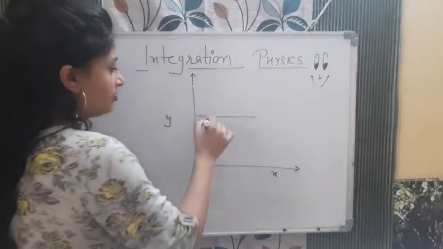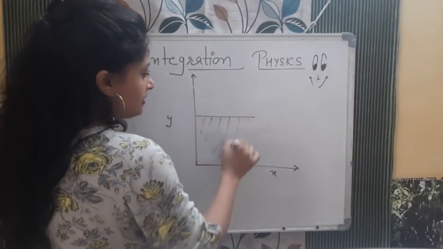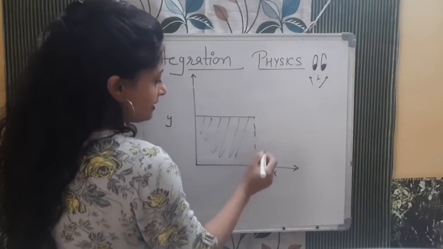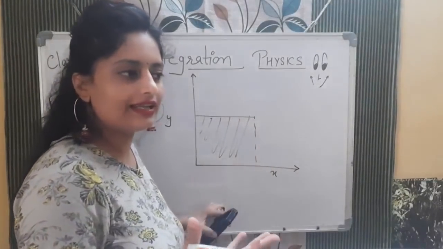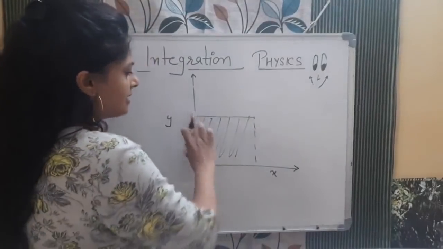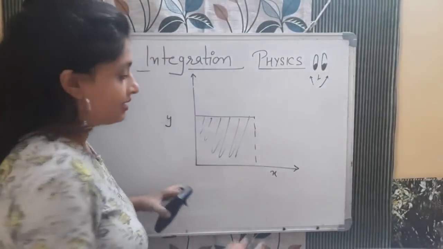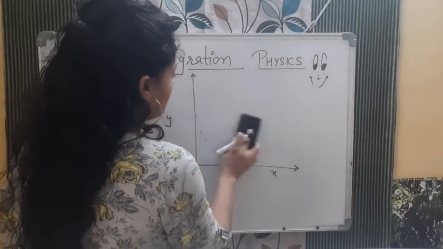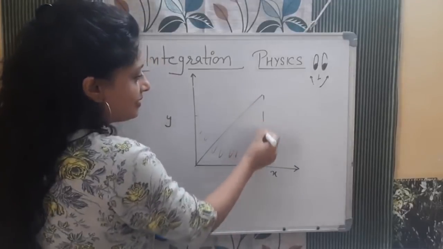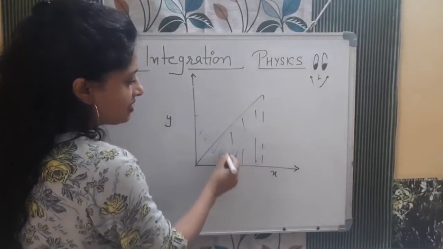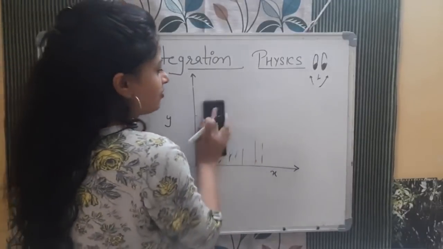Area under the curve, so you will consider this particular area, and you will say that ma'am, it is looking like a rectangle, and we need to find out the area, so length into breadth, this height into this one. If I say the graph is not this and the graph is like this, then you will again say area under the curve. So this time it is behaving like a triangle. So you can again calculate the area.